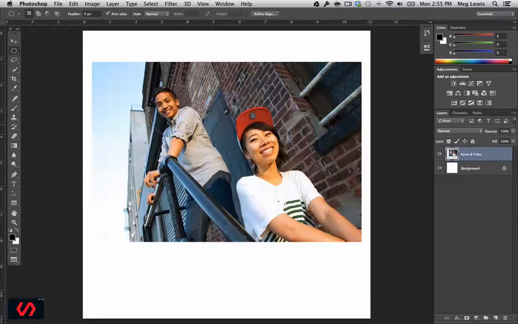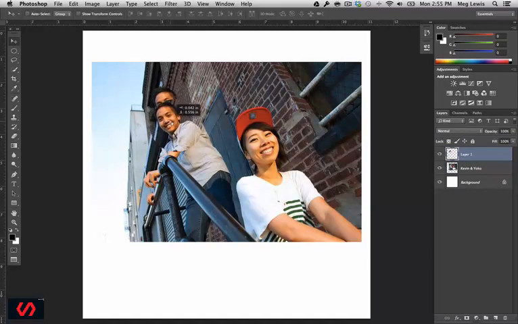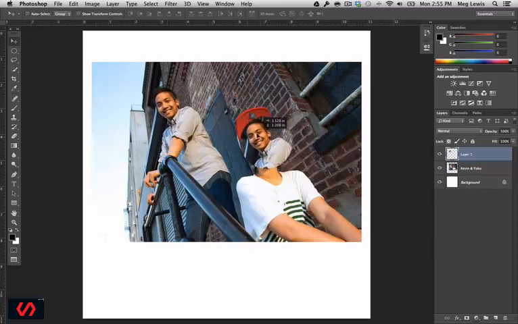So again, I could do Command C for copy and Command V for paste. And now I have Kevin's little head on another layer, and I could use the Move tool. I pressed V to go back to the Move tool, and I can move Kevin's face around, put him on Yoko if I wanted to. And that's how that works. Okay, again, I'm not going to go through all of the tools this in depth, but that is an important